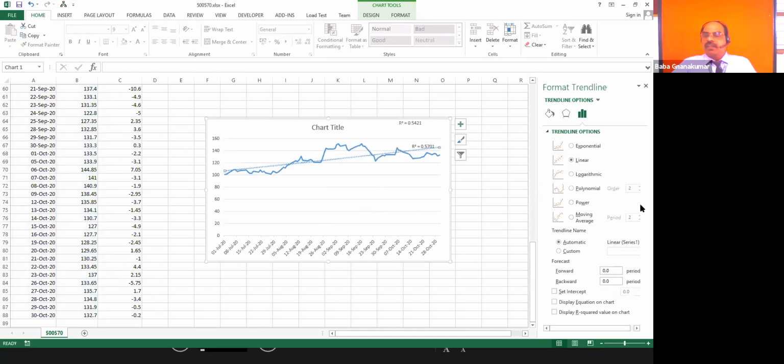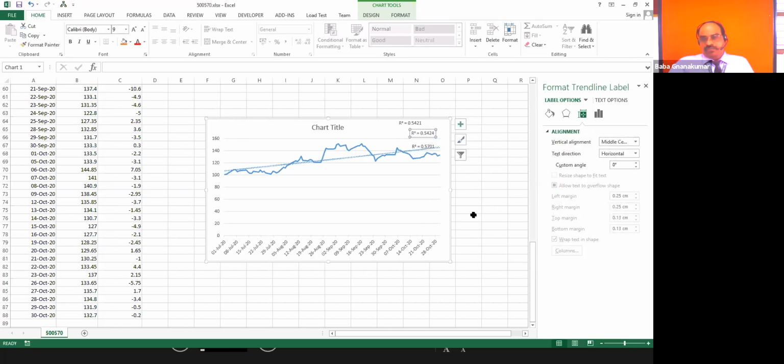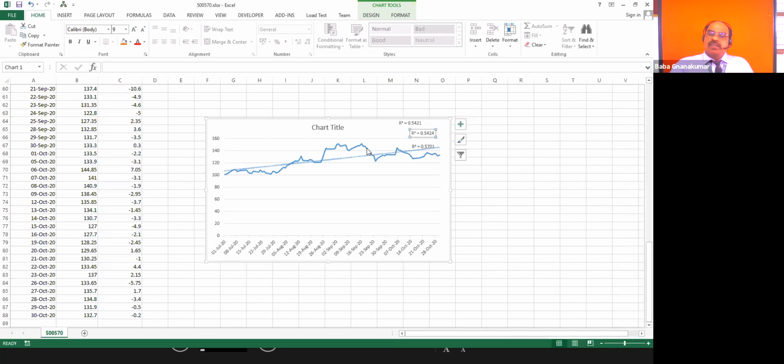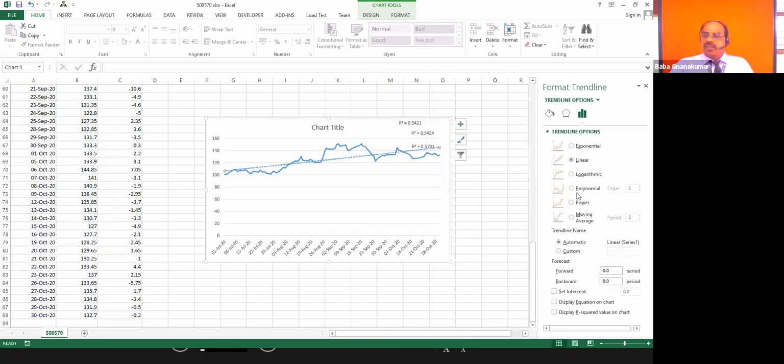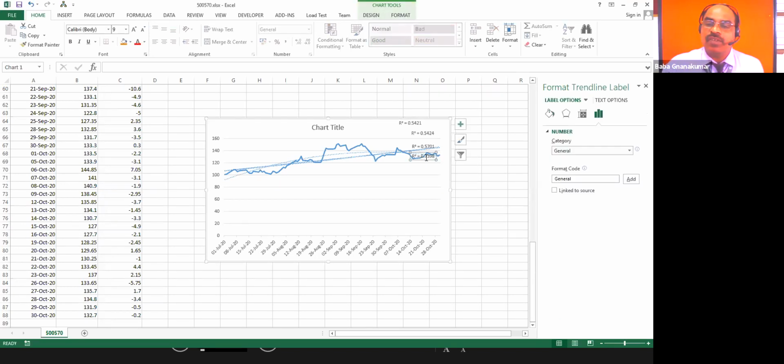Once again, he goes for trend line. Logarithmic is mentioned. Same thing. Logarithmic also is coming around 0.54. So see that one. These are all the analytics. Anyhow, in the case of Excel, you have to click one by one and find out. But in the case of recent fintech technologies, it will clearly tell you in the first instance. So none of them. Then once again, add trend line. Let us see polynomial. Yes, you can see the polynomial value, what it shows.